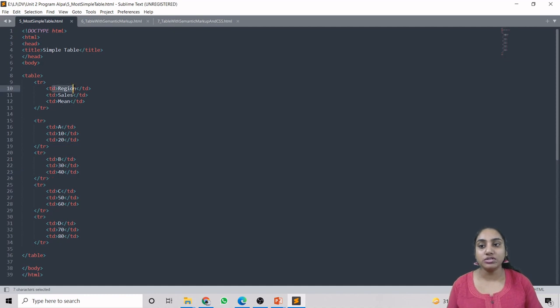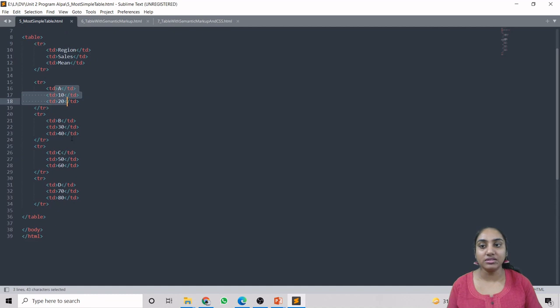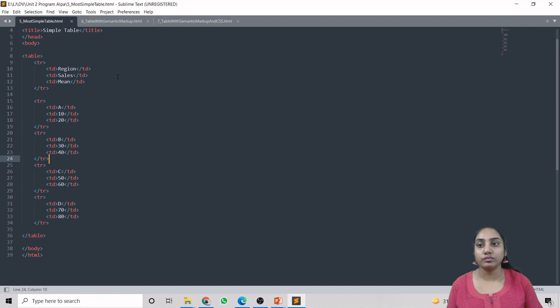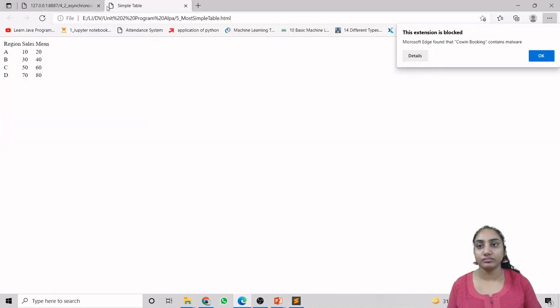This first one is also considered as table data, and this data is also considered as table data. There is no bifurcation in your table of what is the header and what is the footer. So first of all we are running this code to represent this. Okay, so you can see that